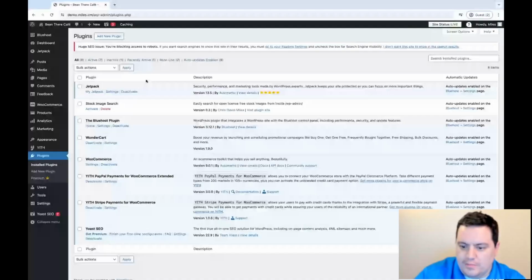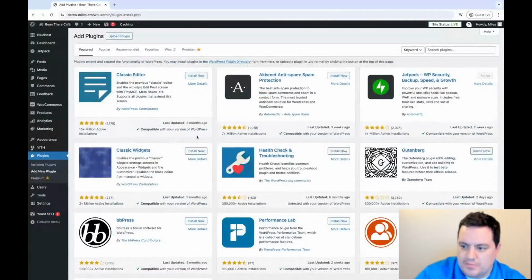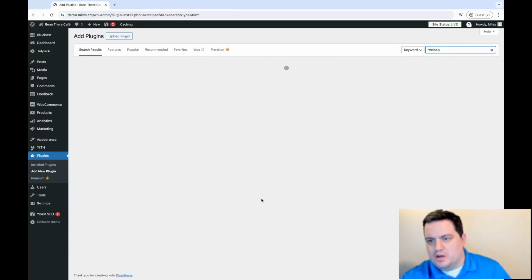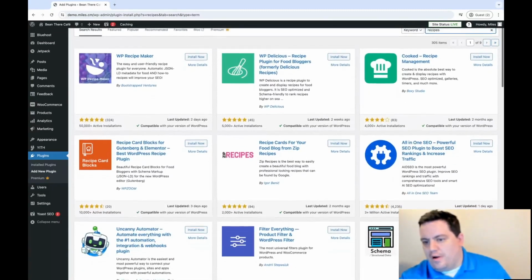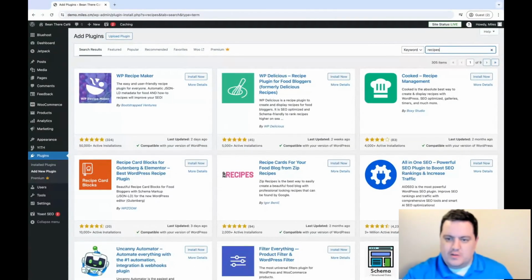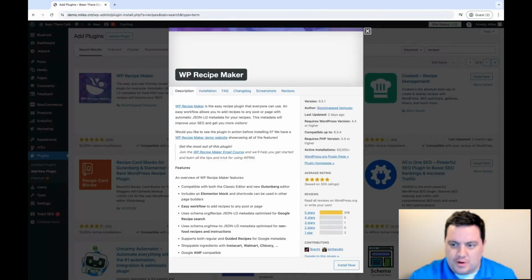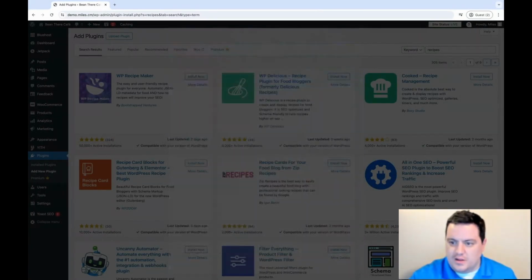So starting again here, when I'm going to add a new plugin, if I'm looking for recipes, like remember we talked about recipes as an example here, you don't actually need a plugin to publish recipes on your site. You can just type them out like a blog post, but you might want a recipe plugin for certain extra functionality. And so as I'm looking through this, if we go through our list of things to do,